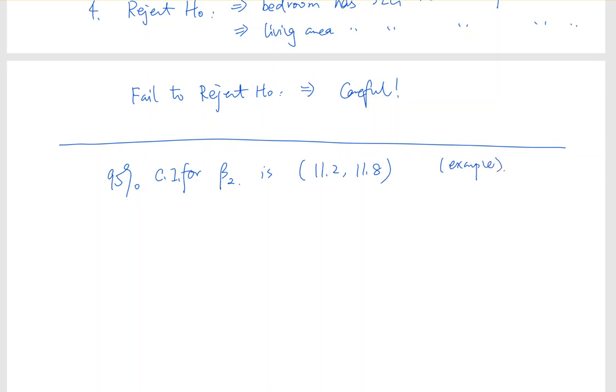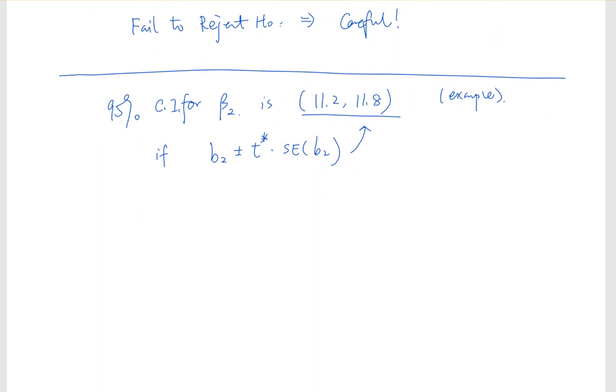By the formula for beta 2, which is b2 plus minus t star times the standard error of b2, if I got this confidence interval, how do you interpret it? What does that mean? It will be similar. We say